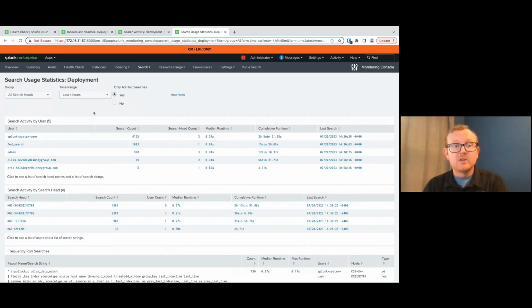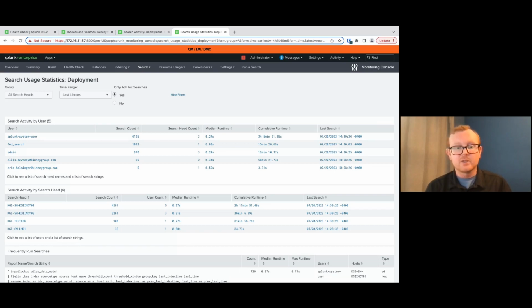So this is a way that you can identify if there's a particular user that's running too many searches, if they're running searches with bad SPL that make them run for a long time, if they're using up a lot of that data, if they need to be taught a little bit more SPL to make it run a little bit quicker. This is a great page for that. So if you're starting to have search problems, search skips, things like that, this is another great page to look at. So you can say, if it's a particular user that's having those issues, we may need to teach them a little bit more,